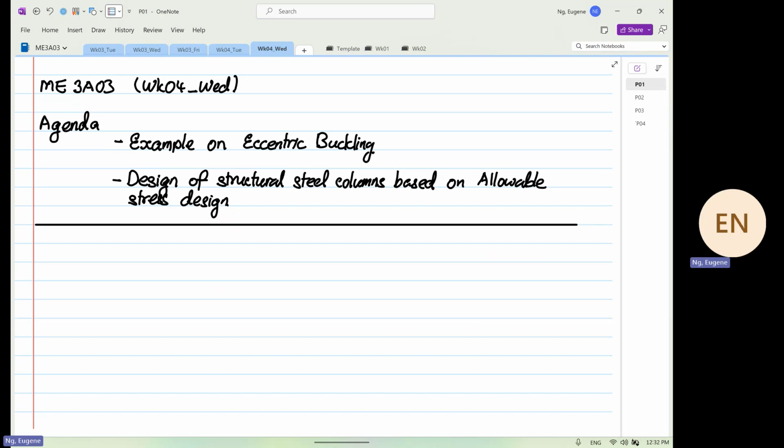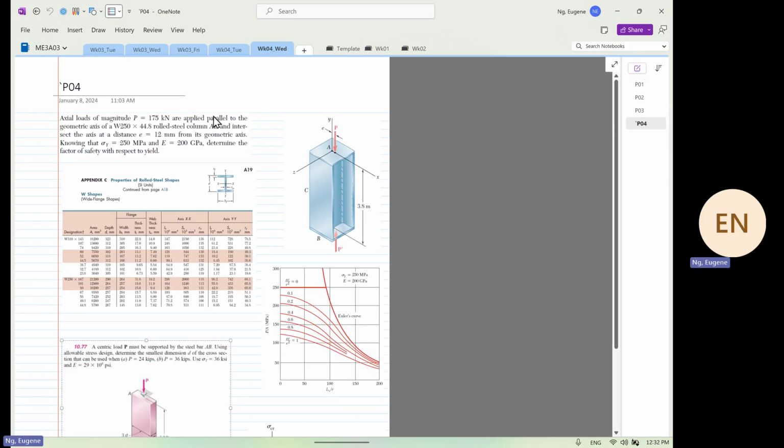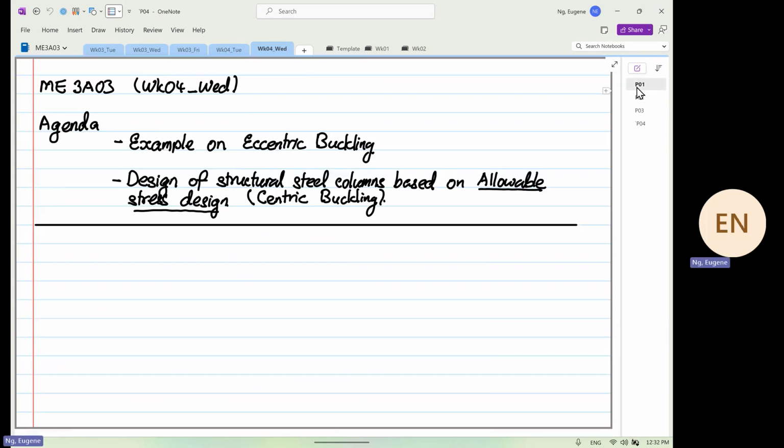So we are going to do another example of eccentric buckling. And then we are going to go into design of structural steel columns based on allowable stress design. Now, for this case, I think the example we're going to do is based on eccentric buckling. Okay, so I've posted this question on Avenue to Learn. If you all can look at this example,